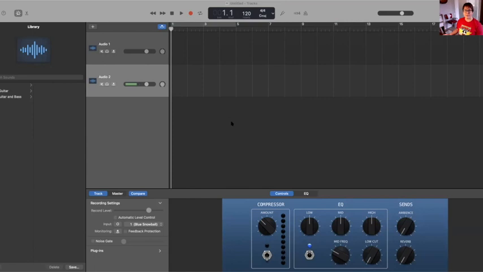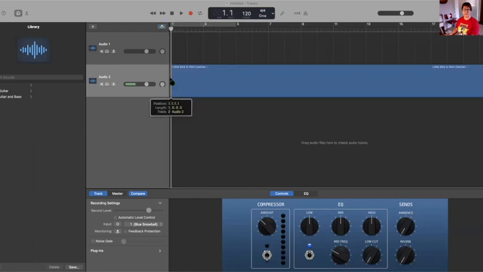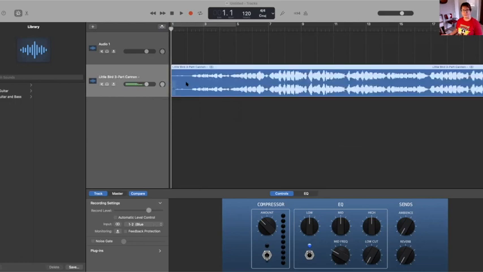I have found Little Bird, and you're going to see me drag it from the Finder right to there. And then I'm going to close my Finder window because I don't need it anymore. And now when I hit play,